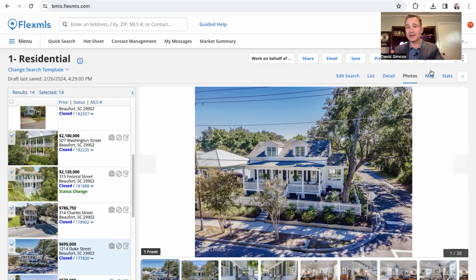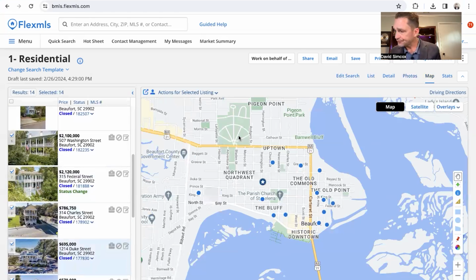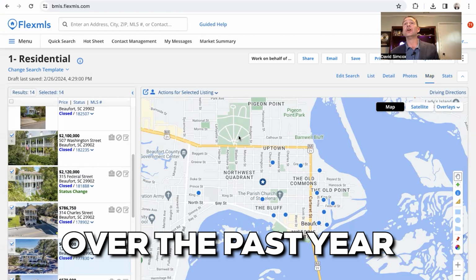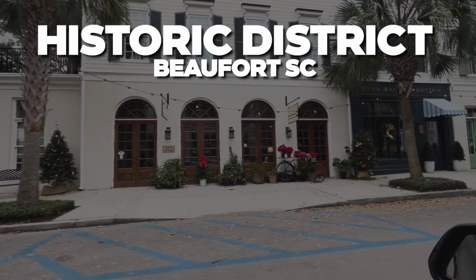So with that being said, let's pop over to the map and let's talk about some of the numbers in this neighborhood. So in the historic district, there were not that many transactions. There was only 14 sales in the entire past year. So if you want a historic home and you want that look and that feel, you better be ready to move when the right house comes on the market, because there's not that many opportunities to purchase this type of home in Beaufort, South Carolina. So there were 14 sales, and the average sale was